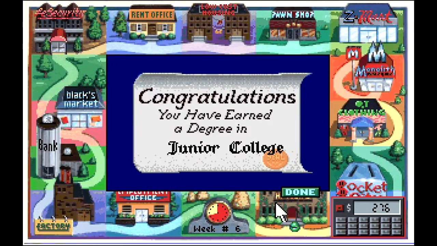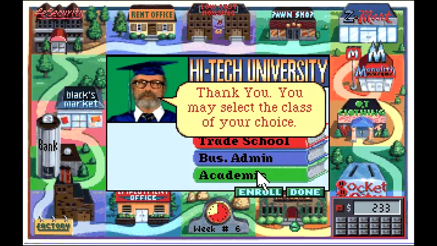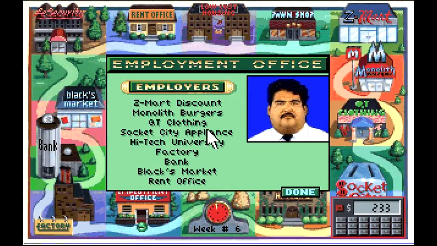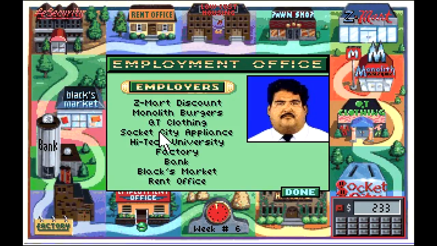Congratulations, you have earned a degree in junior college. Yay! Okay, so I have a junior college degree. So what I like to do, since I have the money, is enroll. And we'll just go business administration. And we'll do that twice. The reason we're going to do that twice is we're going to try our hand at finding a new job. So, let's see, I work at Z-Mart Discount, right? And I work as a clerk. Wow. Okay, that's no good. Let's try...